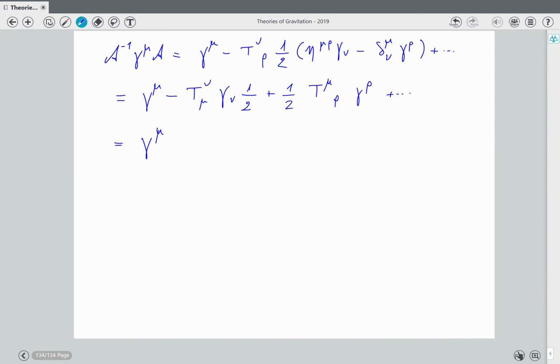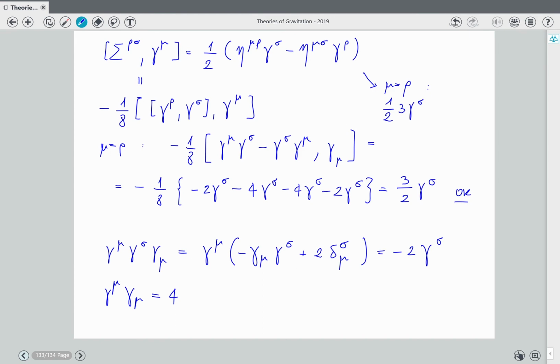So here you have eta mu rho. So this is t gamma nu, there is a nu there, and there is a mu. I have to write it like that. But anyway,